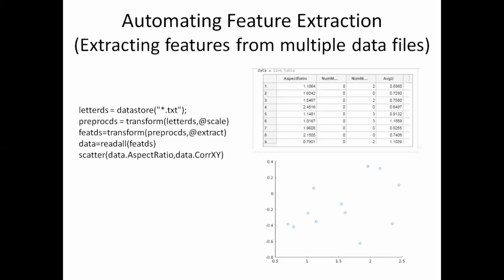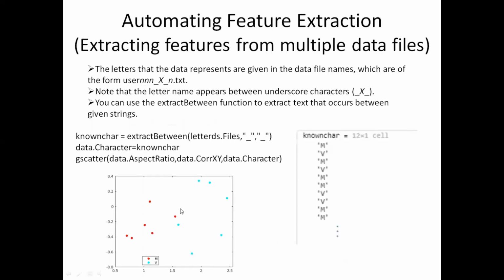Now we also need the output variable, because when we are going to perform the classification, when we are going to build a model, we need to give the input variables as well as the output variable. Only then will we be able to train it and build a model. So now, how do we find the output variable corresponding to each of these features? That is what we are going to see next.